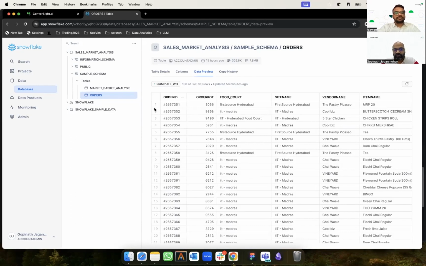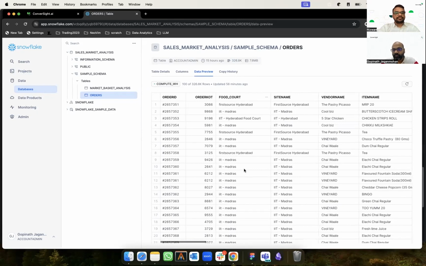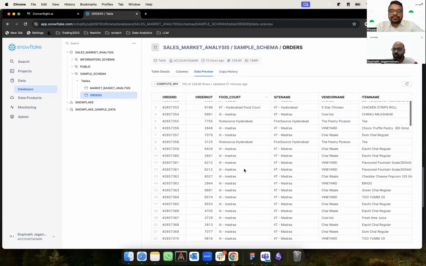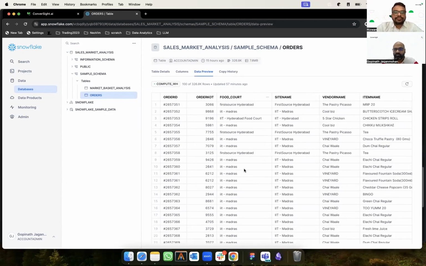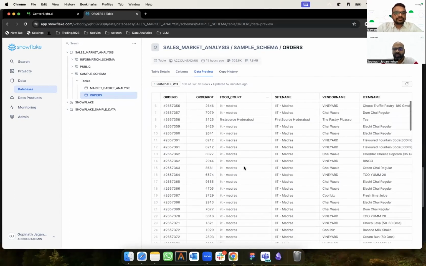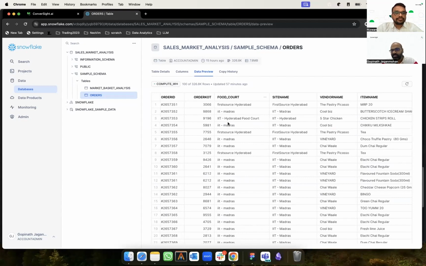For that, I took an order table. Assume any sales order, or anywhere we go. This is standard information which everybody can understand. I just picked that one, but it can be any table with the staff schema or other schemas you bring in, and we are able to load it into the platform. It is a sample business in the food court business.